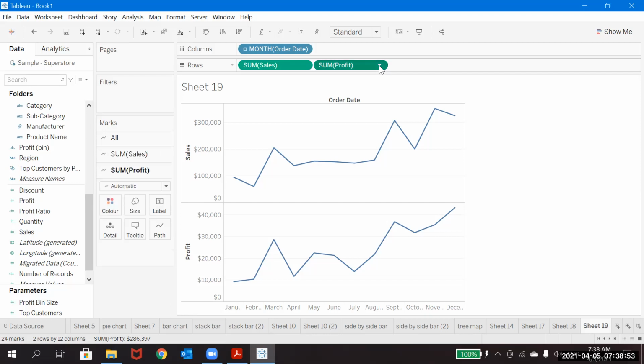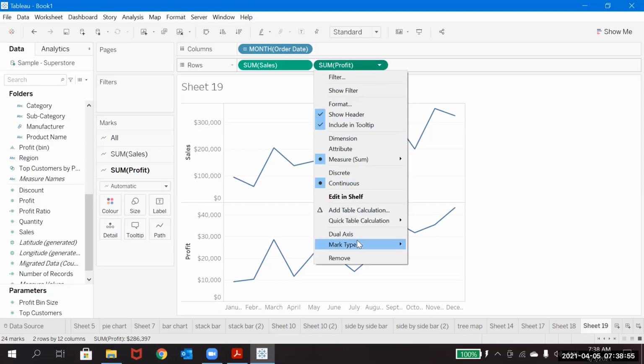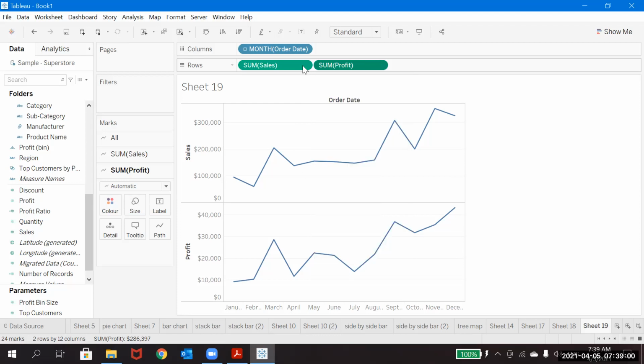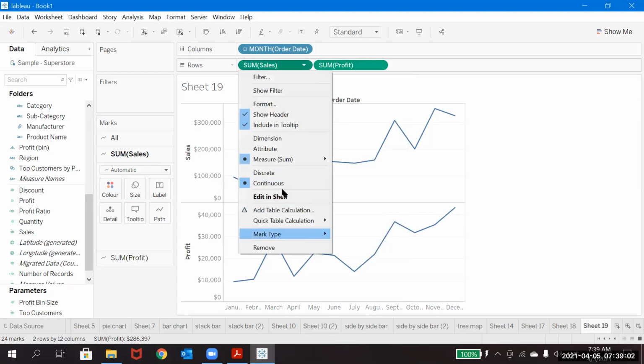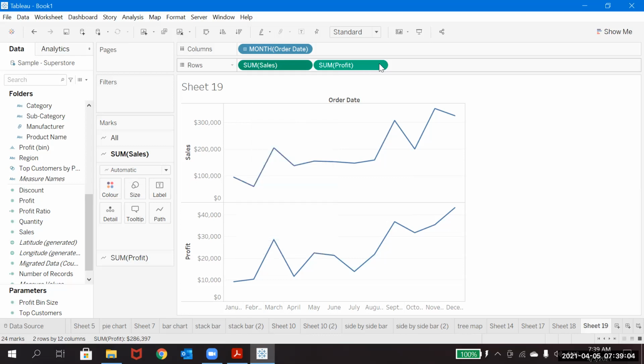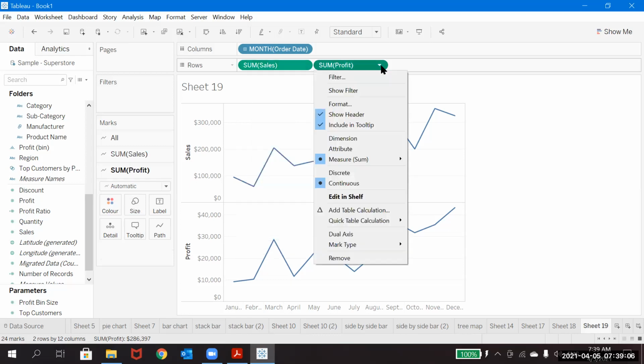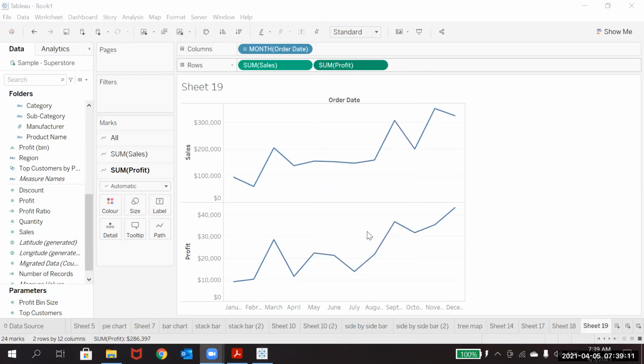If you click on this drop down, you will find the dual axis option here. But if you check this first measure, you will not find the dual axis. So on every second measure, you will find one option called dual axis. You can click on it.